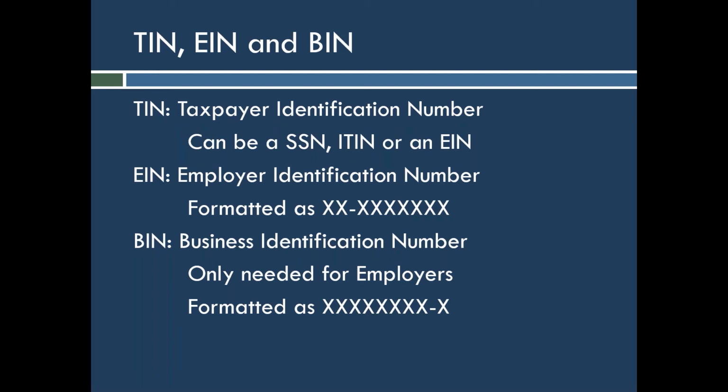I know if you contact our team and you're able to tell us, yeah, the number I'm looking at is two numbers followed by a hyphen, we'll know that it's an EIN. Whereas if it's a series of numbers with a hyphen and a single digit at the end, we'll know that it's a BIN. It's also a good time to mention right now that your tax numbers are confidential.